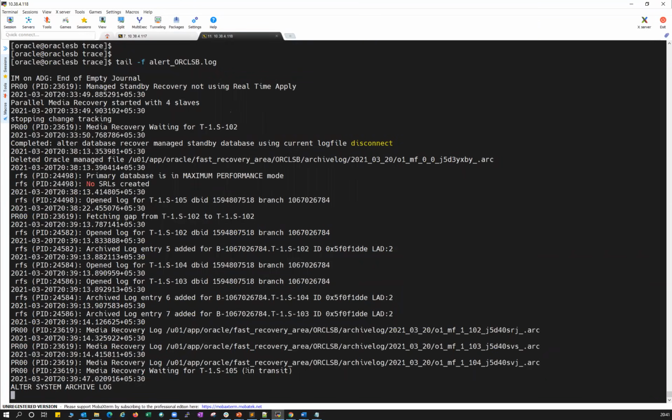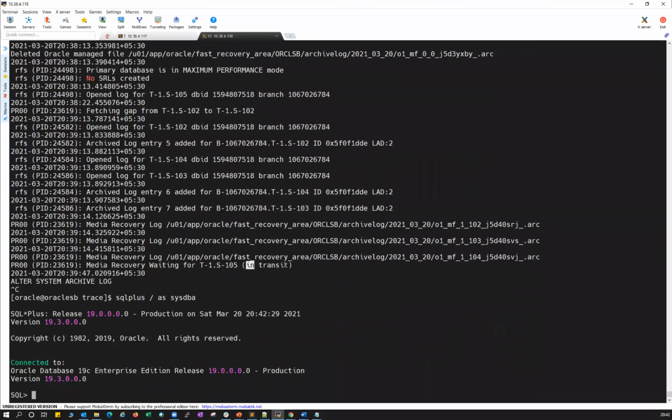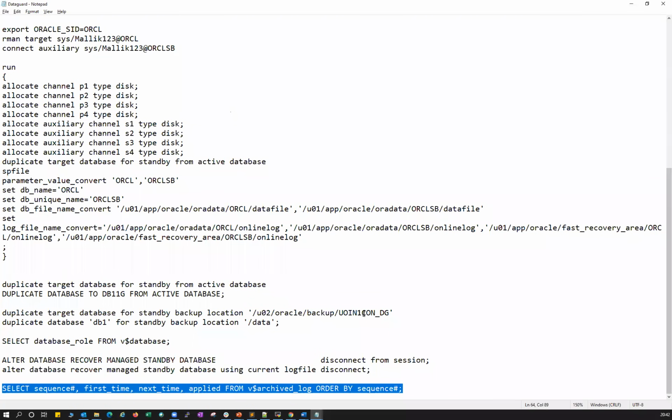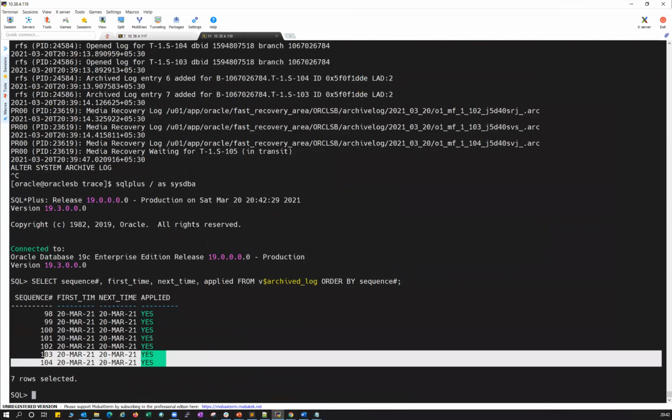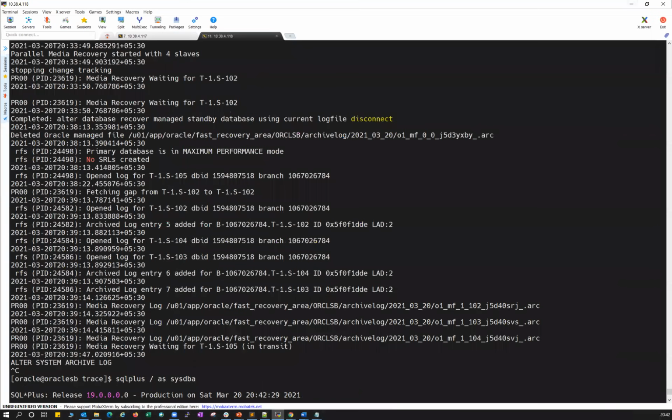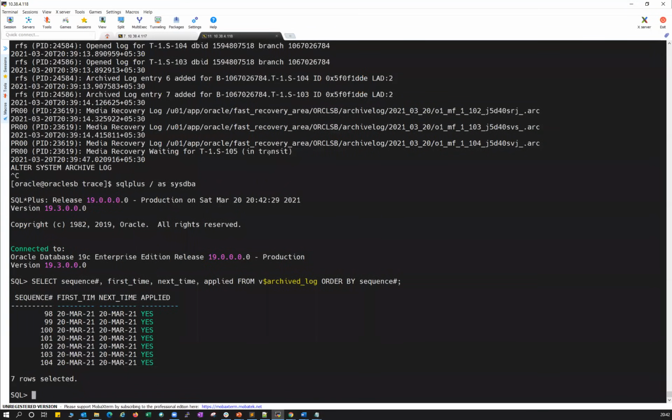And if you see in the standby alert log, you have to see this message, in transit. In transit means your standby is in sync with production. If you don't see this one, it means there's a gap and still archive logs have to be applied. If I connect back to production and standby database and check the same command, it will be up to date now. So if I run the same command, select log sequence, that in transit keyword is very, very important in your alert log. You can see those two logs, whatever we created. Earlier it was 101, and now it says 102, 103, 104, all are applied. So that's the meaning of in transit.